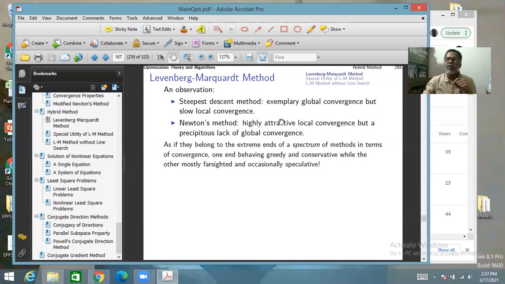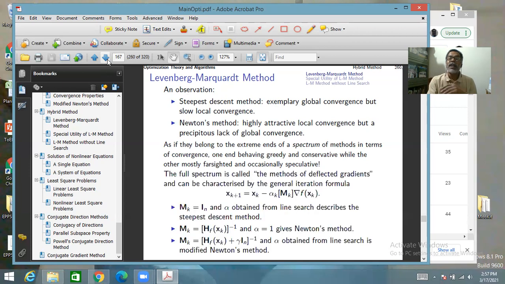So what are those possible methods in between, which are midway somewhere? Okay, and those have a collective name. The full spectrum of methods of this kind, which use local information, okay, so information only at the current iterate and the neighborhood. So the general name of that class of methods in which both steepest descent and Newton methods fall is the methods of deflected gradients. So the idea is that the direction of gradient is this,